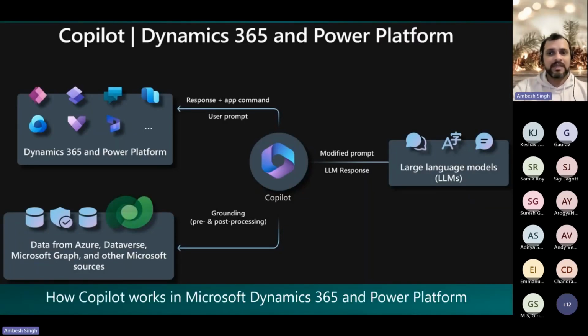First, let's understand how Copilot works in Dynamics and the Power Platform. The first step is Copilot receiving a request and input from business users like us, like anyone in an app such as Dynamics 365 Sales, Dynamics 365 Service, or Power Apps. As a second step, Copilot then pre-processes the prompt through an approach called grounding, which improves the